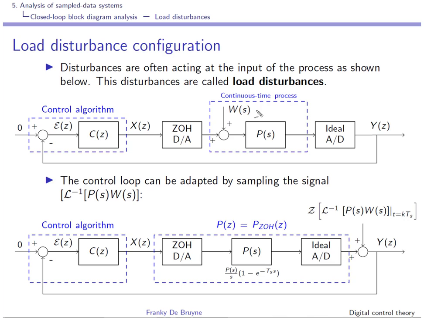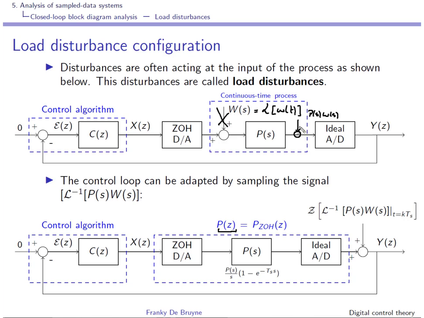This W(s) here can be seen as the Laplace transform of some signal w(t), that is the actual load disturbance. So we would like to rewrite and to simplify the closed loop system using my transfer function P(s) that takes into account the zero order hold mechanism. So what you can do is say, we can replace this by a disturbance at the output now, that is simply P(s)